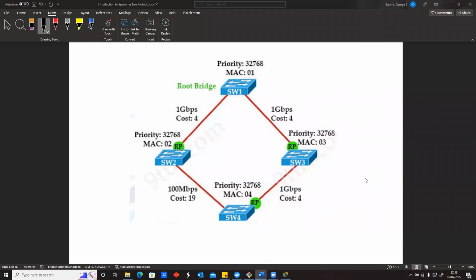So this is a different scenario. We're going to start from the beginning up to where we get our root port. Now, the first thing we'd want to consider is who becomes our root bridge. Let's just forget about, for a minute, the labels we have on there and just look